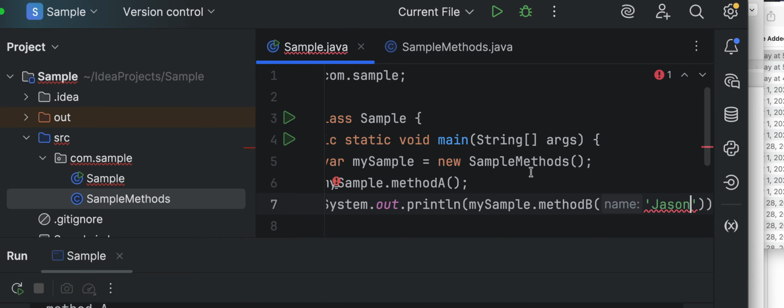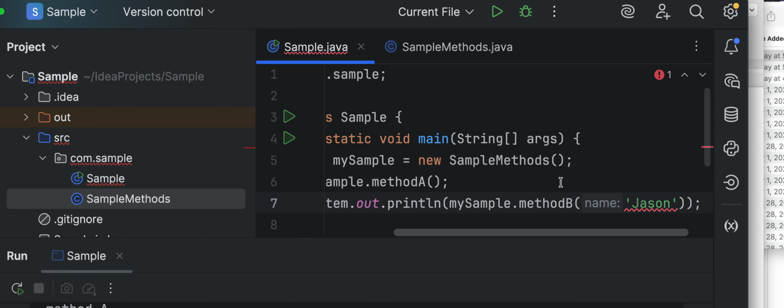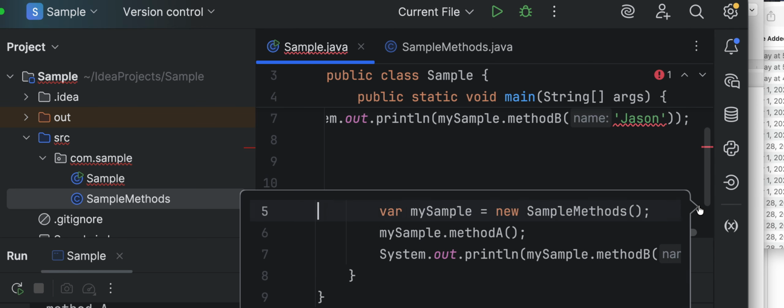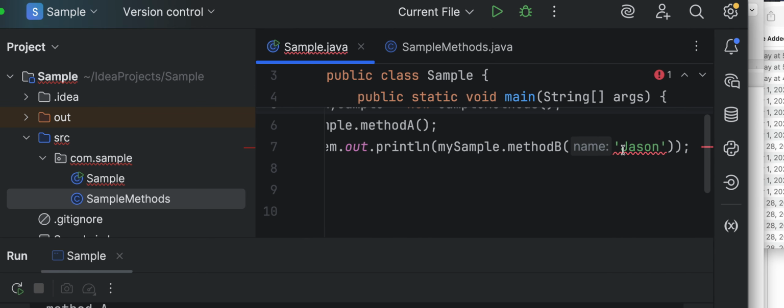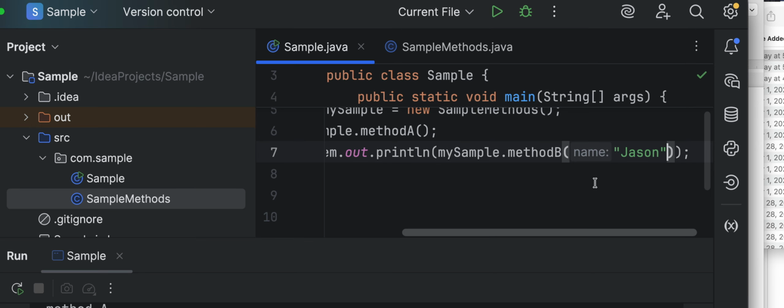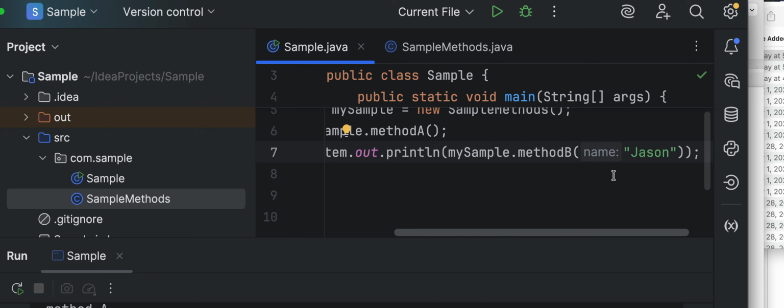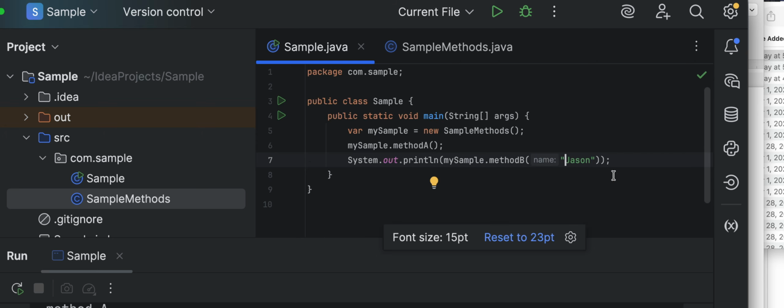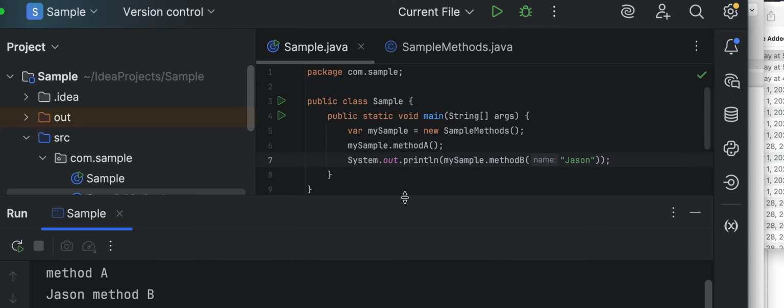I guess I accidentally used single quotes when I should use double quotes. Anyways, System.out.println mySample.methodB, name is Jason, and I'm going to run it, and it does say